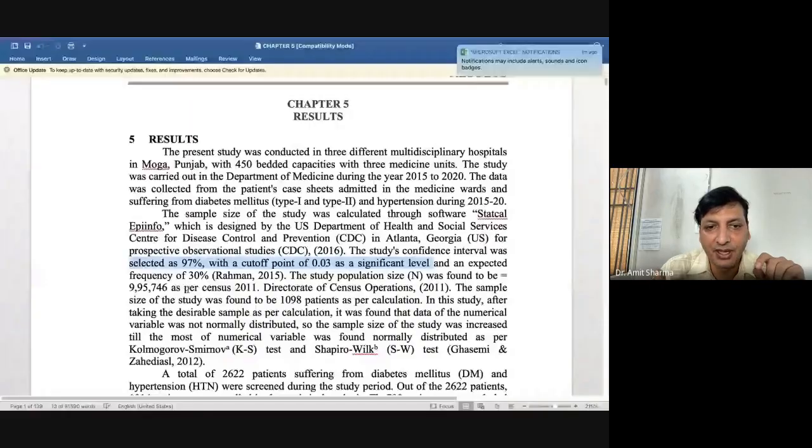And like this, you have to write what confidence interval and cutoff point you are expecting for your research. As I have mentioned here, I am taking a confidence interval of 97% with a cutoff point of 0.03 as the significance level for my study. So for all the statistical tests which I have applied in my thesis, the cutoff point will be 0.03, not 0.05. But as I told you, I will not recommend you to go for that, because I have suffered